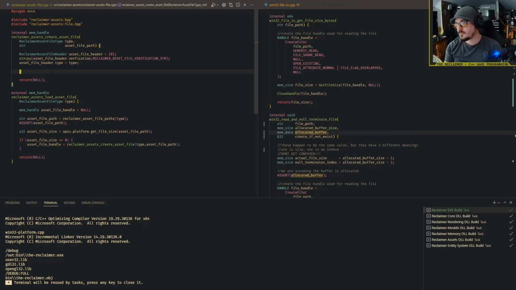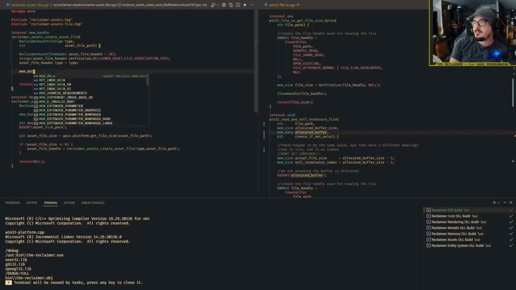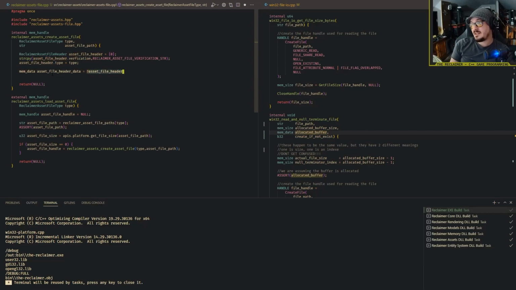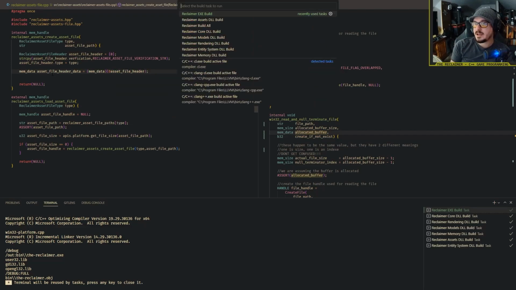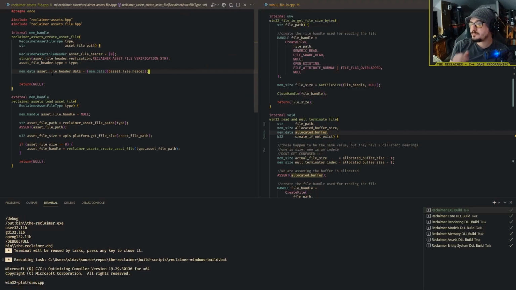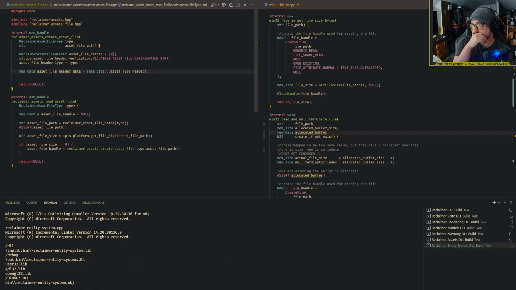So here's what I'm gonna do, and this could be crazy. I'm gonna take metadata, and it's gonna be asset file header data, and we're gonna take the asset file header, take the address of that, and just cold cast it to the reclaimer's version of a null pointer, and we should just be able to index that. So